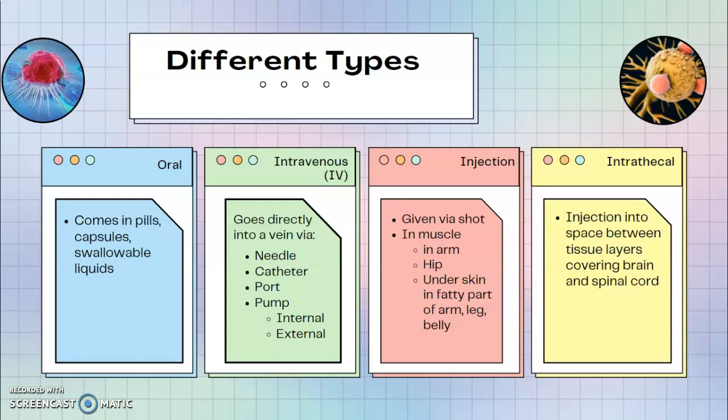So our first type is oral chemotherapy, which you can probably assume from the fact that it's called oral, comes in pills, capsules, or liquids that can easily be swallowed and taken through the mouth. Then we have intravenous or IV chemotherapy, which, as you can assume from the fact that it has that root called vein, goes directly into a vein via a needle, catheter, port, or a pump that can be internal or external in your body, and these are all just common equipments that are used in intravenous